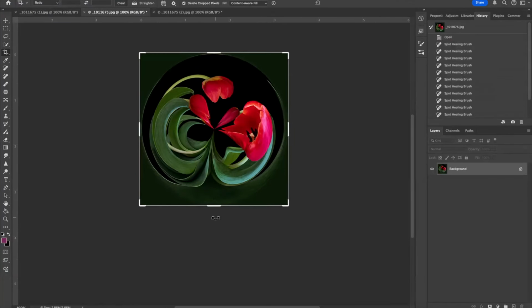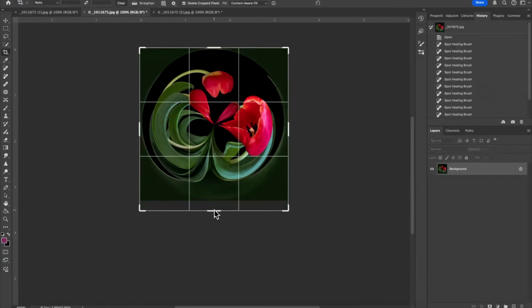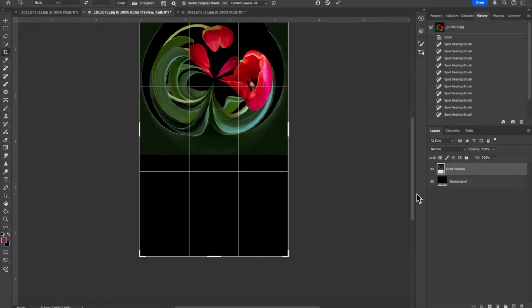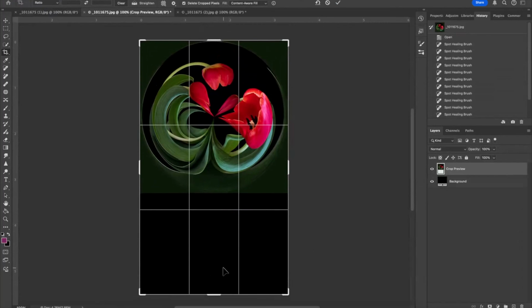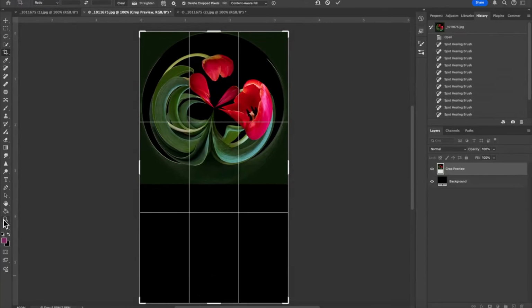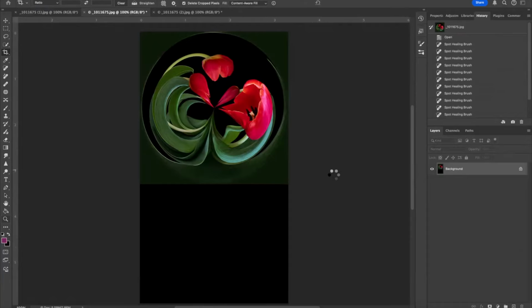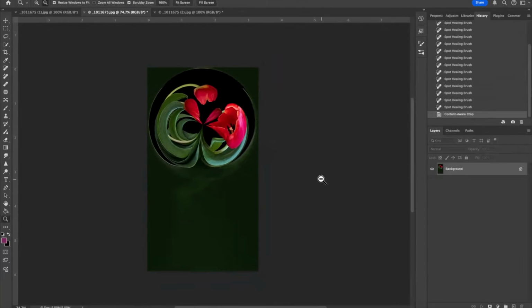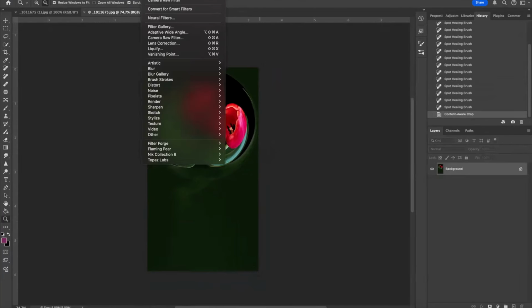What I'm actually going to do is extend the bottom of this image by probably about the same amount as the top. Let's just zoom out a bit. Okay, that's about right. Now we're going to go up to filter,